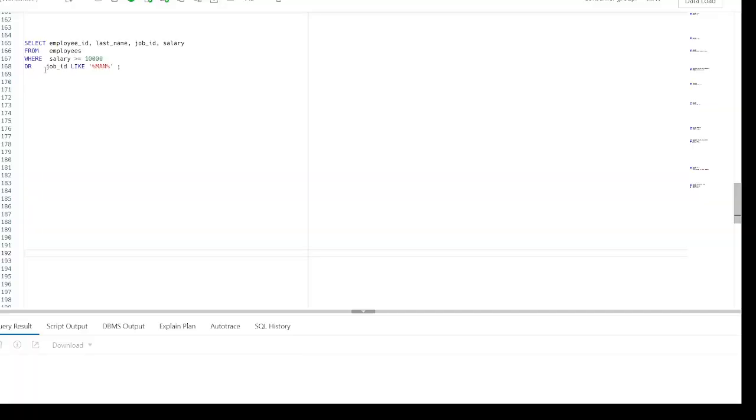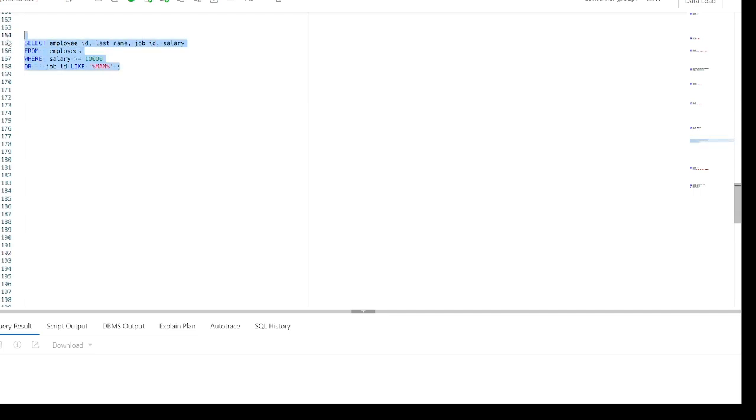Now we can also use the OR operator. OR requires either of the component conditions to be true. In this example, either component condition can be true for any record to be selected. Therefore, any employee who has a job ID that contains the string MAN or earns 10,000 or both will be selected.